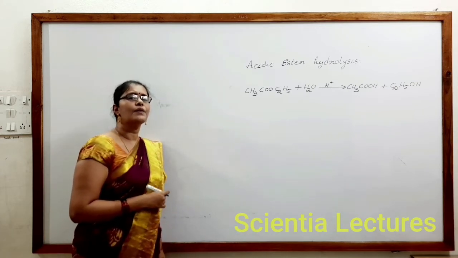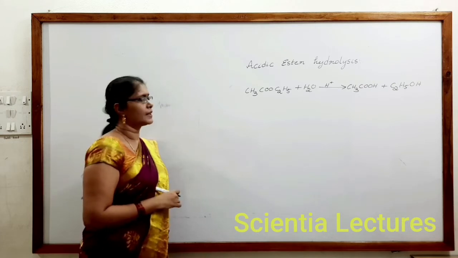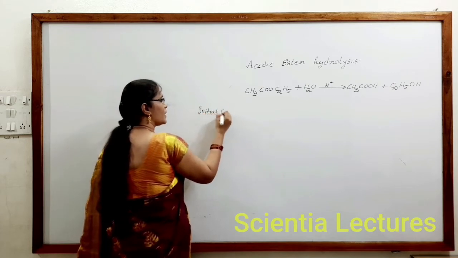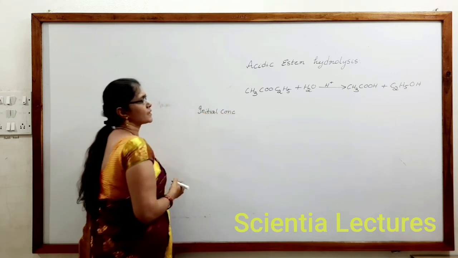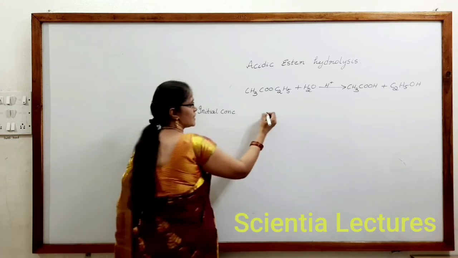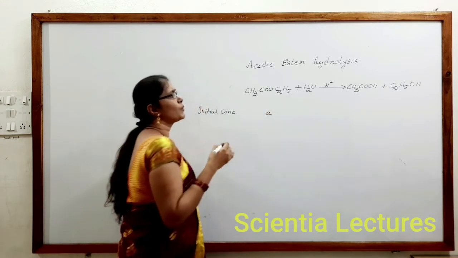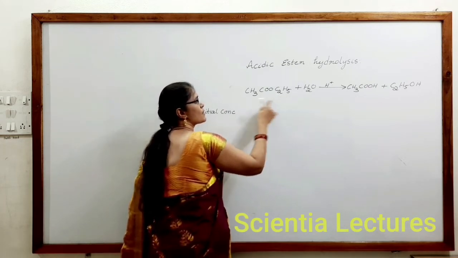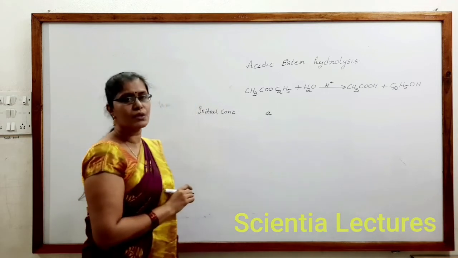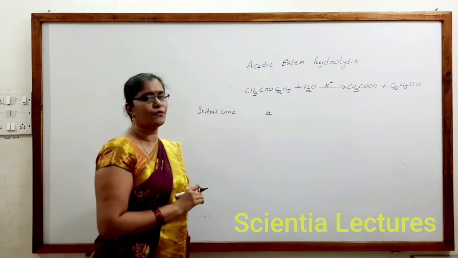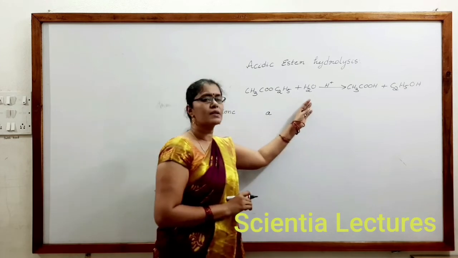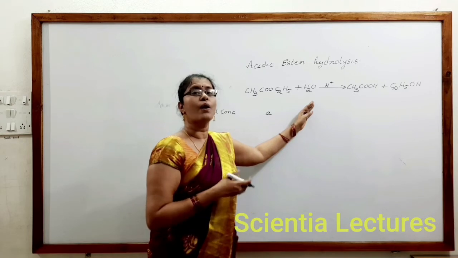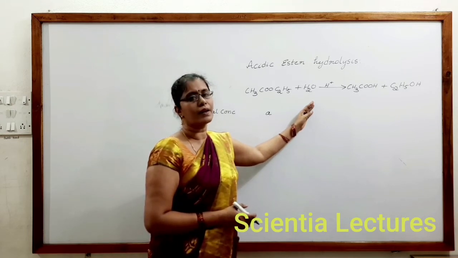and thereafter we will check with which it would be titrated, or what information could be given in the question. Initial concentration of CH3COOC2H5, consider it as A. H2O anyway would be in excess. That is the reason it is a first order reaction. Only the change in concentration of CH3COOC2H5 will influence the rate of reaction. But change in concentration of H2O will not much influence the rate of reaction because it is already in excess.